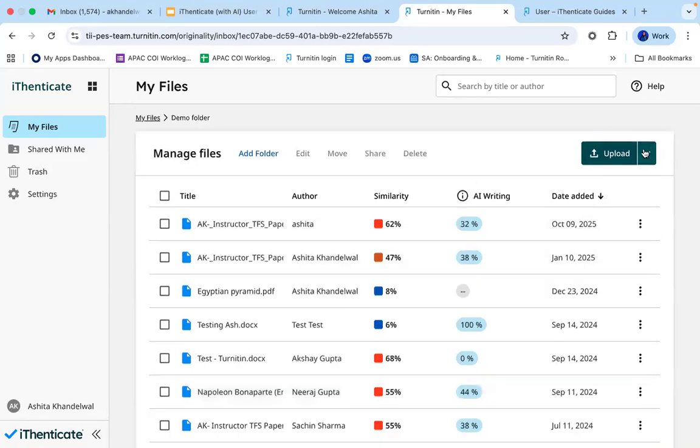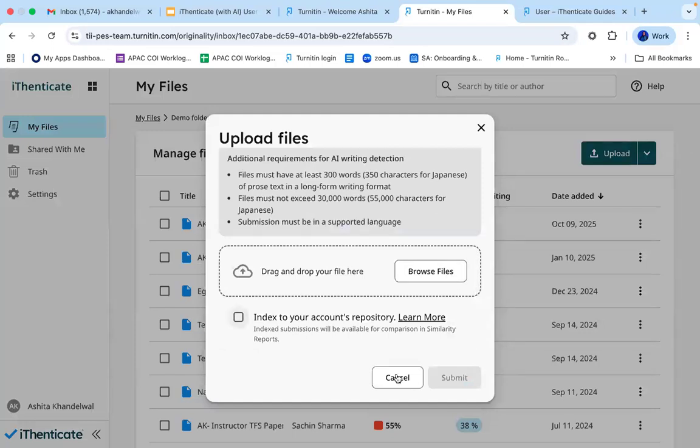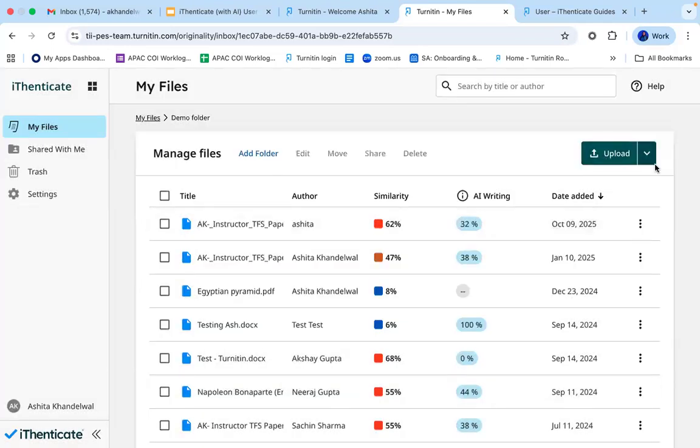Now over here, there's an arrow button which will show you that the upload is of two types. First is the repository comparison, which means you're uploading your paper and it will be compared against Turnitin's repository. This is the default upload option. So this is the same thing that I just showed you. You are uploading your paper and it will be checked through Turnitin's repository.